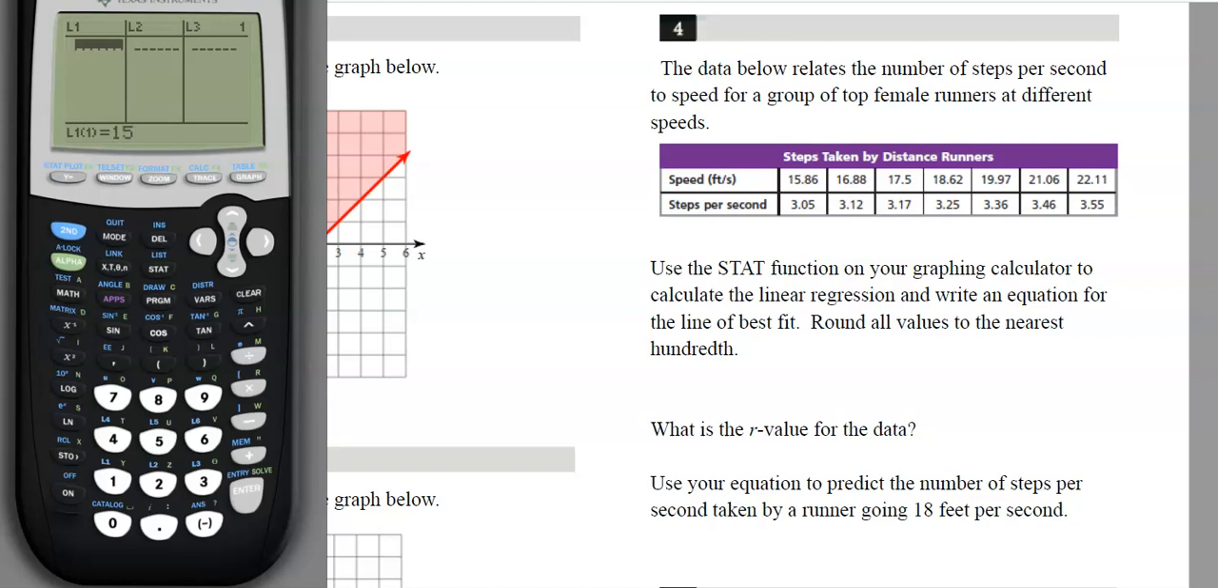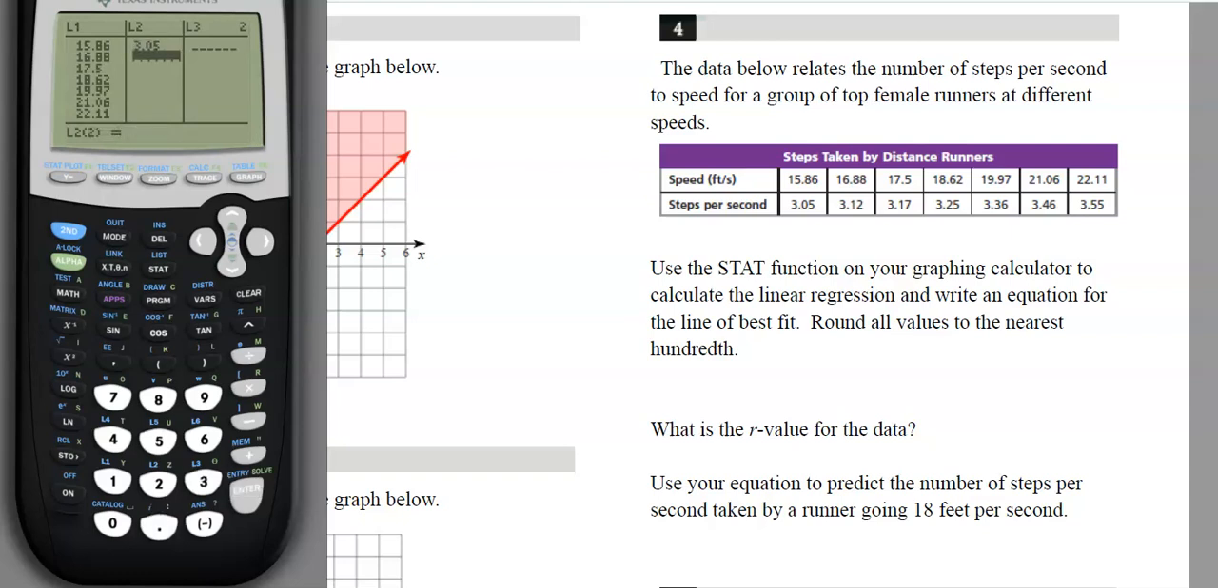I got to do 15.86, enter, 16.88, enter, 17.5. Apologize if my pen clicks are coming through too loud, but I got to tap the screen a bunch of times to enter these numbers. 19.97, 21.06, and 22.11. Enter. All right, then I arrow over to my Y values, or my list 2,